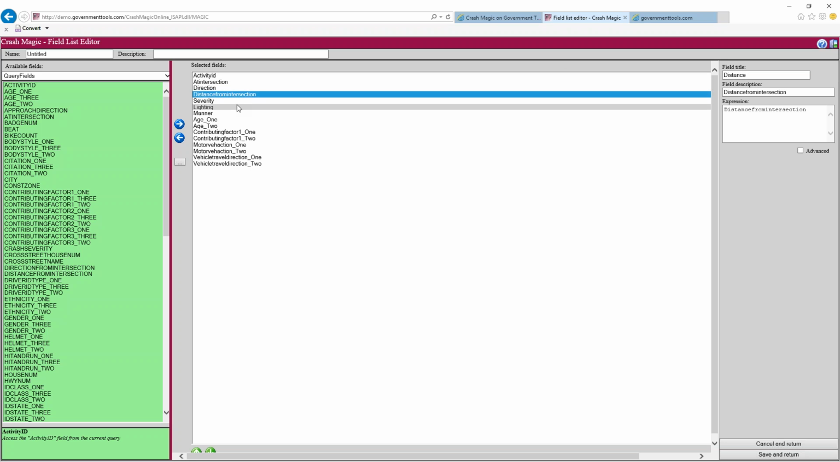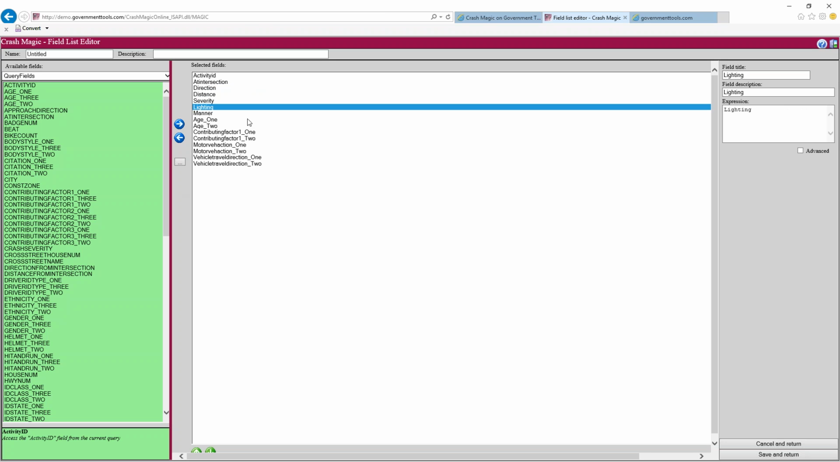You'll see there's plenty of space, but if you're doing a tabular report, you'll have this exact same interface, and it's handy to be able to make the columns narrower to just fit the data instead of the whole title of the field. All right, at this point, I'm going to click Save and Return, and what that lets me